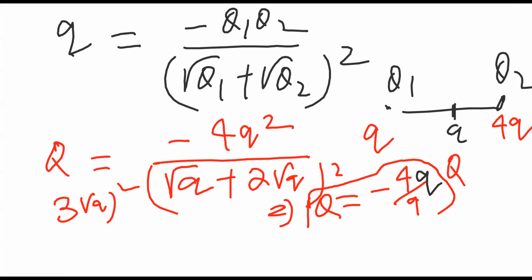Okay, now clear? So simply you are using the formula. Here this Q1 is nothing but Q in the question given, Q2 is nothing but 4Q, and small q. Always remember this X distance we are taking is from the left side, and right side you can find, that is not an issue.